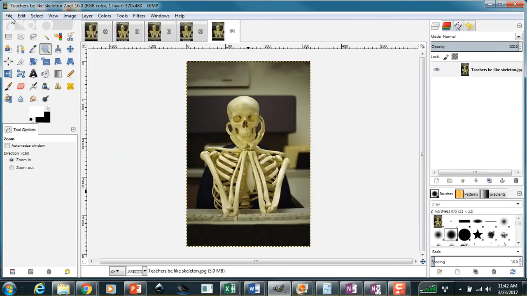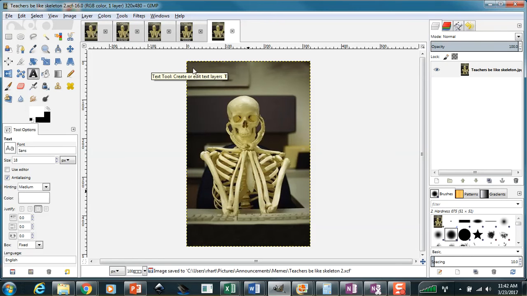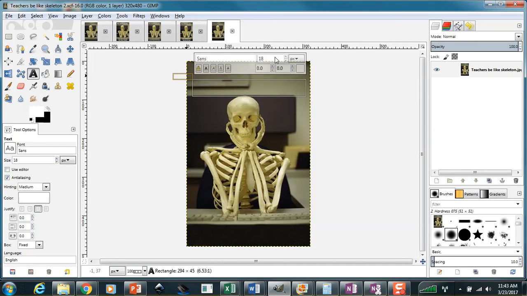Just need to use my text tool now. I'm gonna save before I hit my text tool. And I'm just gonna draw where I want my text here. And I'm gonna just, yeah, that's gonna create a problem for me. I can see already. I'm gonna bring it down because I want to be able to actually see my whole tool up there. So I can move this over later. I'm gonna type in Mrs. Girot